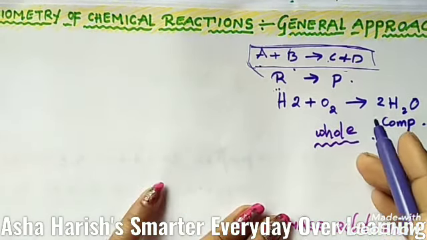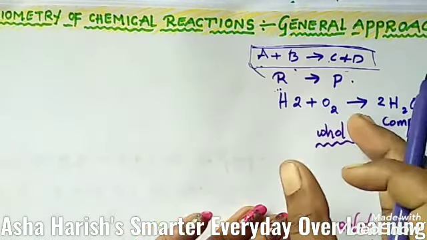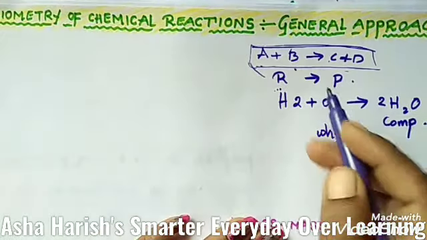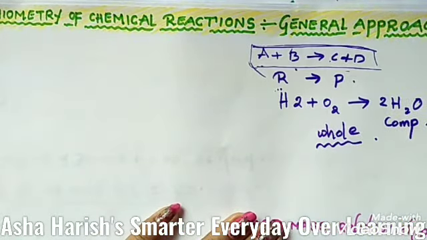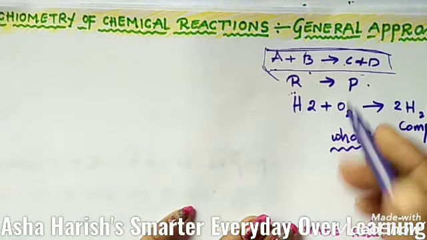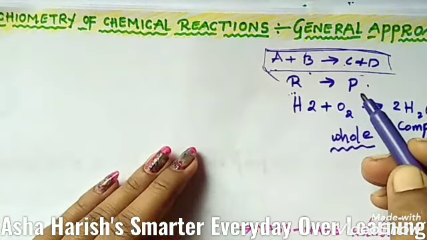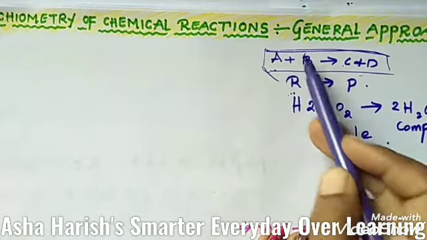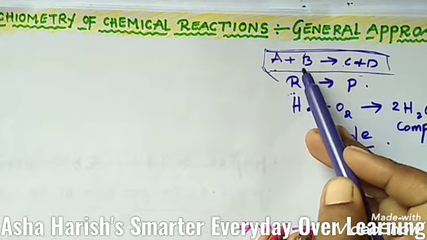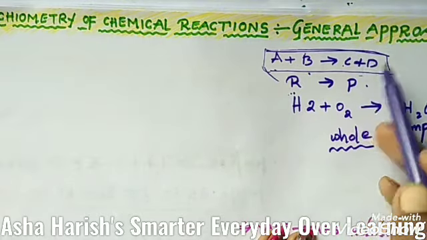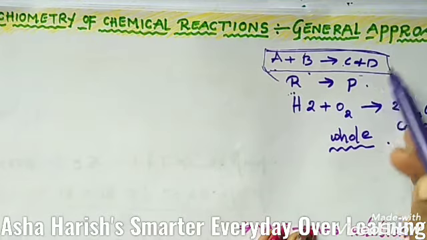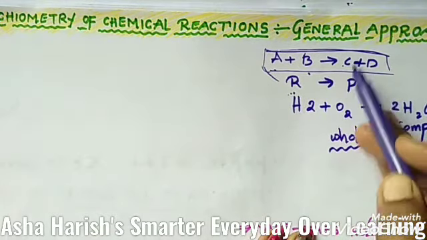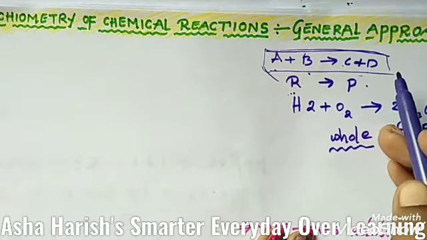Coming to stoichiometry, one of the most important aspects of a chemical equation is that it is written in the balanced form. Already you know that according to the law of conservation of mass, in a balanced chemical equation the number of atoms and also the mass of the atoms of the reactants equal the mass of the products. That means the total number of atoms in the reactants must equal the total number of atoms present in the products. Okay, that is the balanced equation.